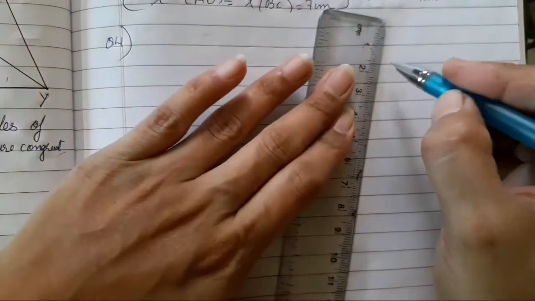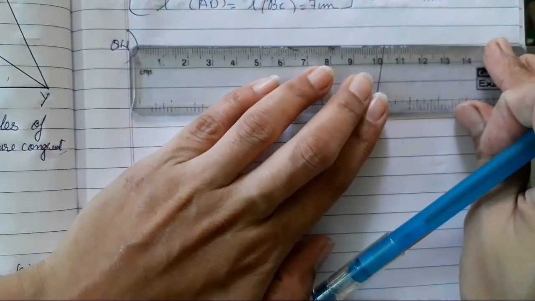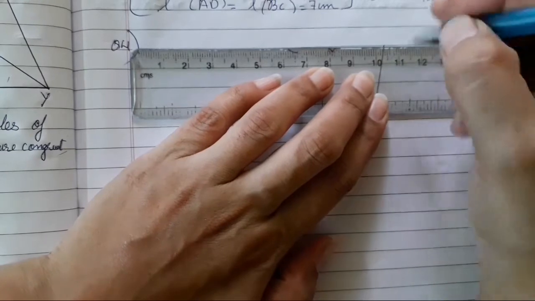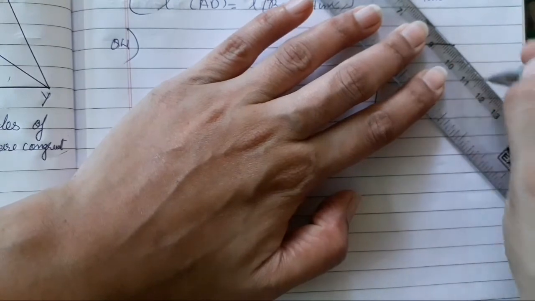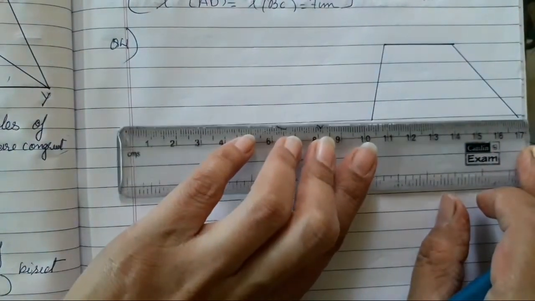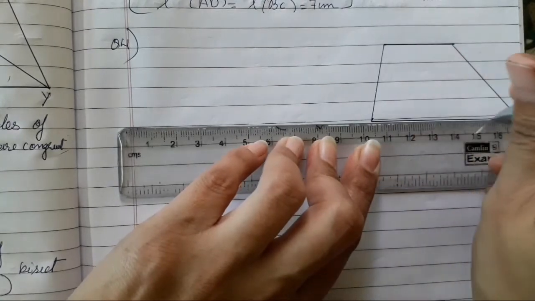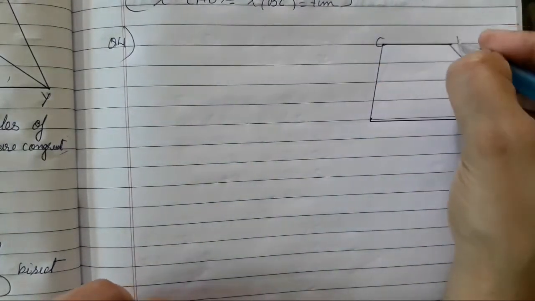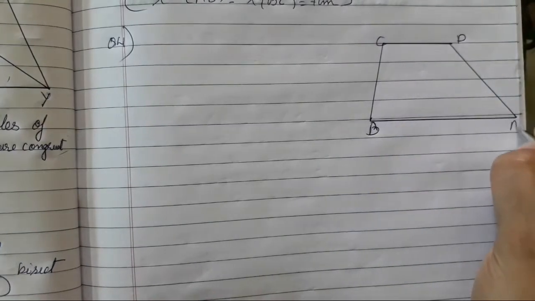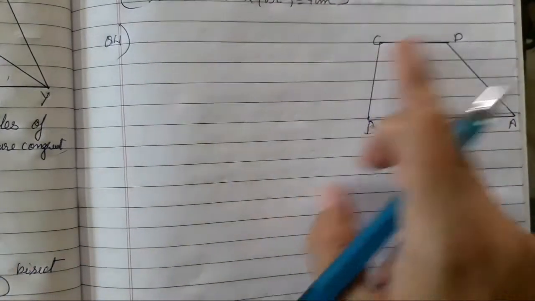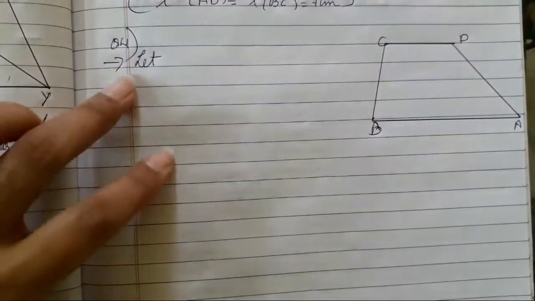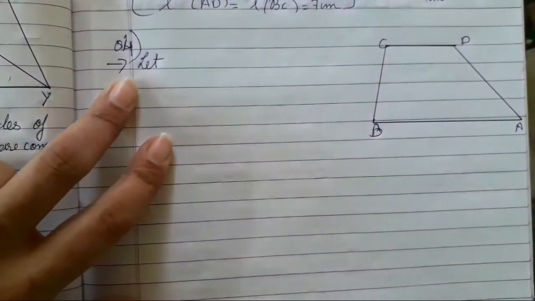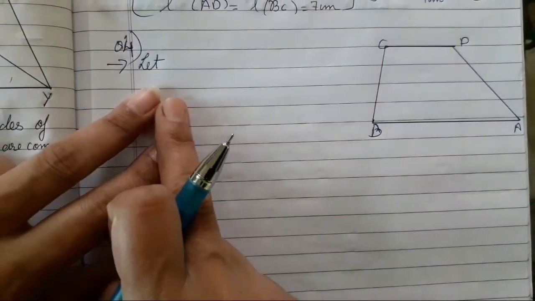Now according to the question, we need to first draw. You all can follow the question from the textbook, children. This is the 4th question from exercise 8.3. Okay, so this is the diagram of the quadrilateral according to the question that they have given. Okay, so this is C, D, B and A. Okay, A, B, C and D. Now we can say that this is going to be the solution, children. You all can follow question number 4 from the textbook. Okay, so this is question number 4.